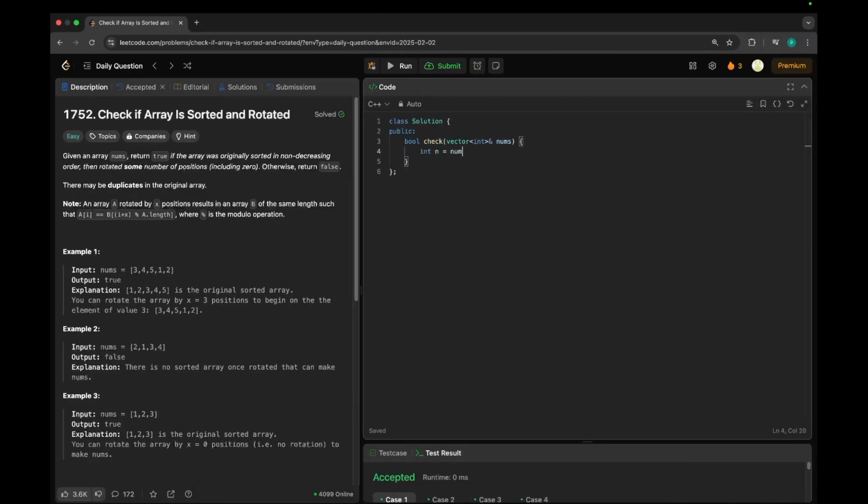So first I will store the size of nums here, and then what we need to do, we need to find the breakpoints at which the condition didn't satisfy. So we will initialize it with 0, and then we will iterate in our nums. If nums of i is greater than nums of i plus 1, it means there is a culprit, and we will simply increment breakpoints plus plus,